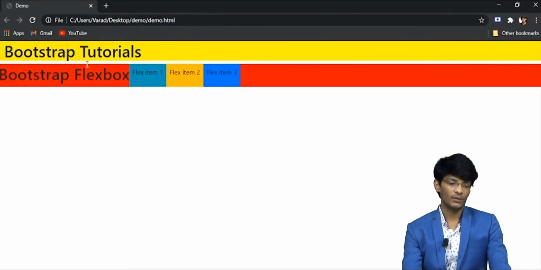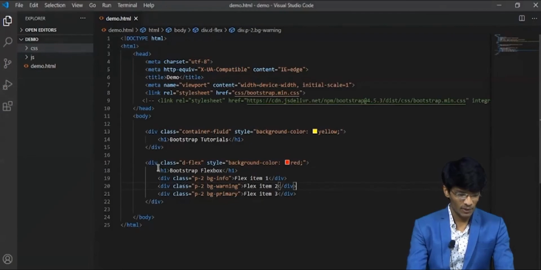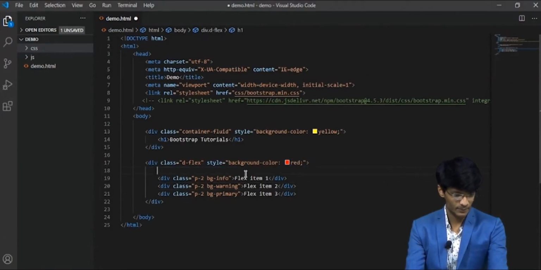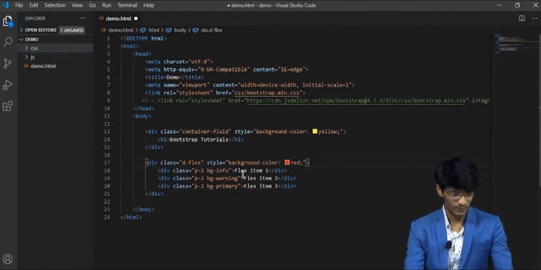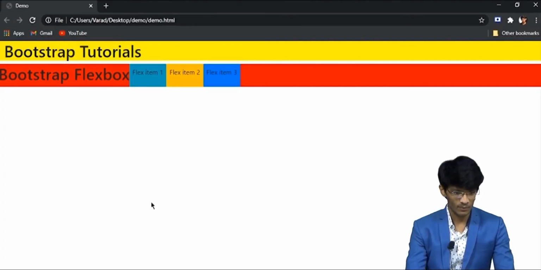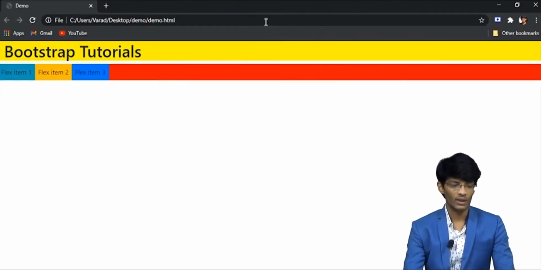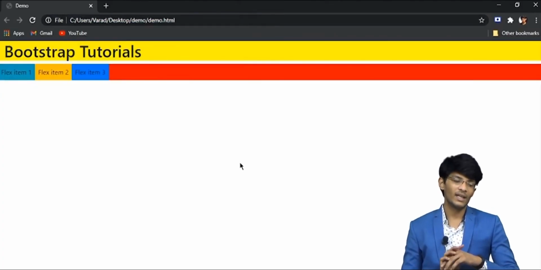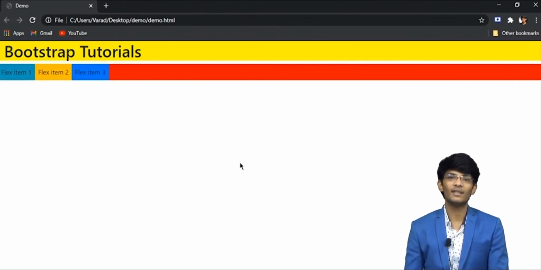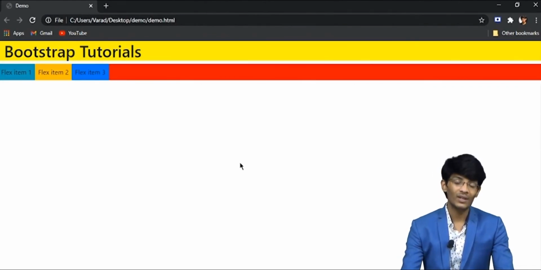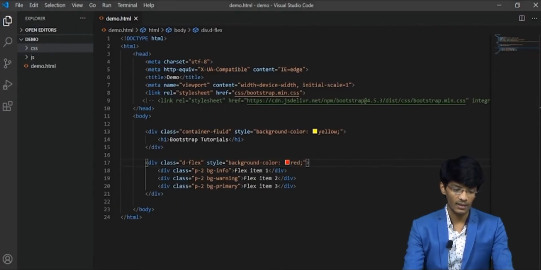As you can see, we will remove this heading. As you can see, we've got 3 columns inside the flexbox without even defining the columns or rows. So that is a big difference between container and flexbox.